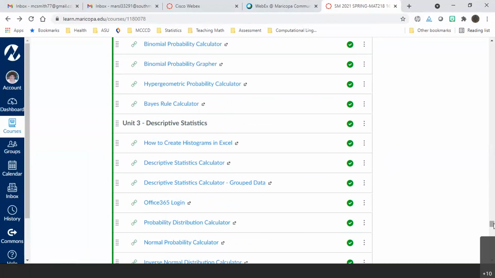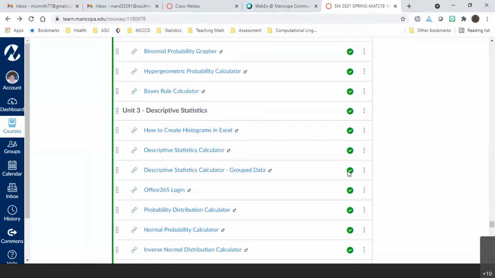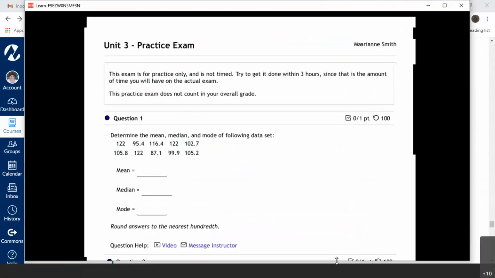Okay, I'm going to leave this open here, and I'm just going to open my printout of the practice exam. Give me a moment while I do that and share it with you. As always, if you have questions while we're going along, either unmute yourself and ask, or just put your questions in the chat. Okay, let me share this document with you. Everybody should see my Unit 3